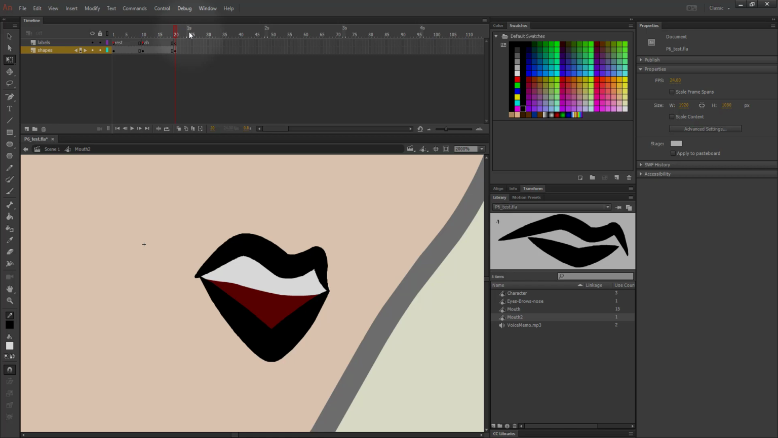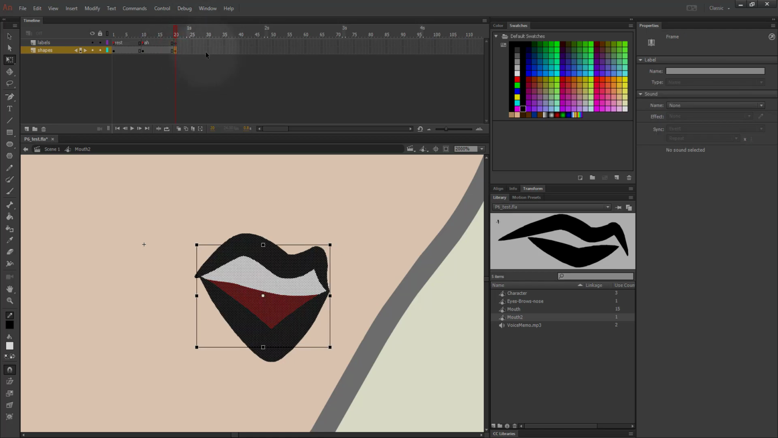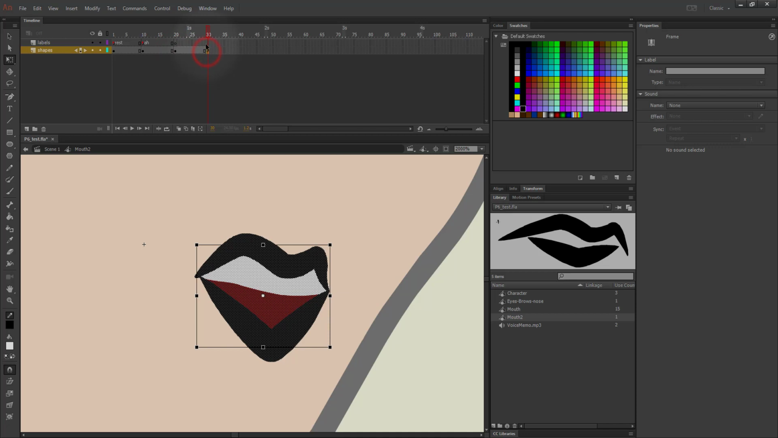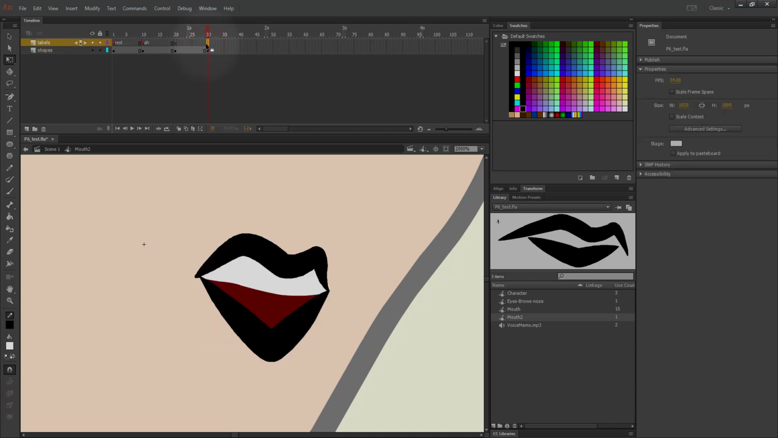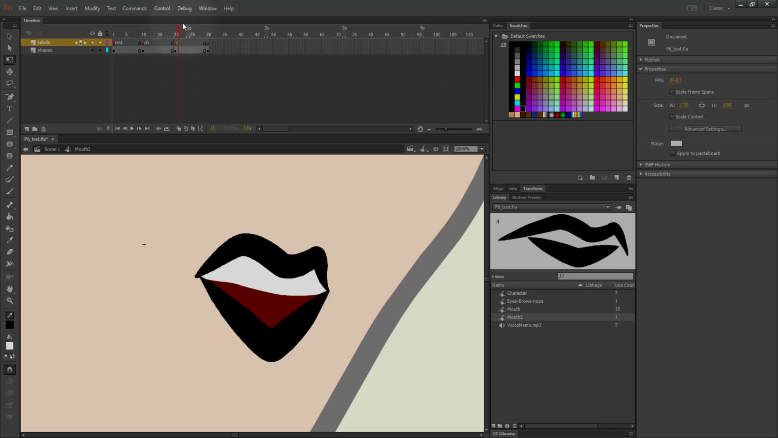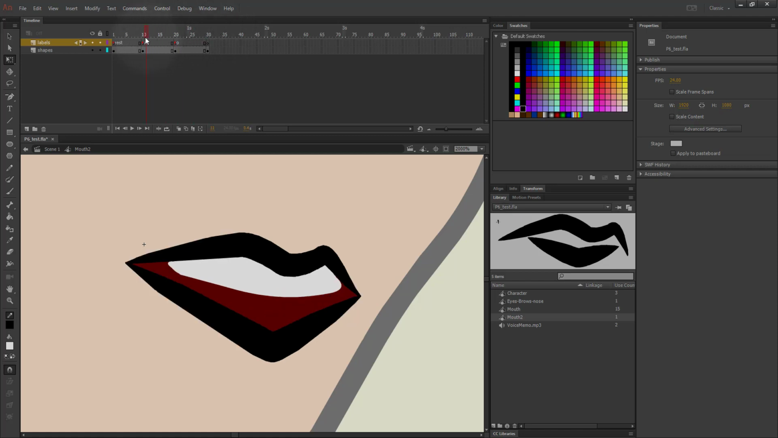So I don't know if this is an O or an eh. But let's go to frame 30, press F6. See, that's there the whole time. And then I'm gonna come to frame 20, and I'll label that O. All right, so now we have the rest shape, we have the A shape, we have the O shape, and I think we need one more